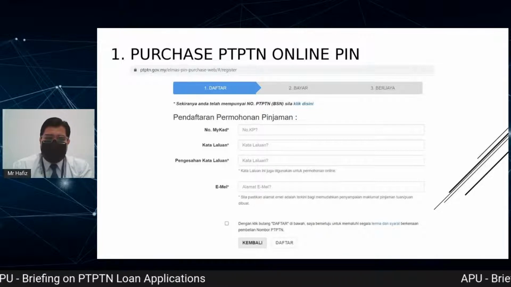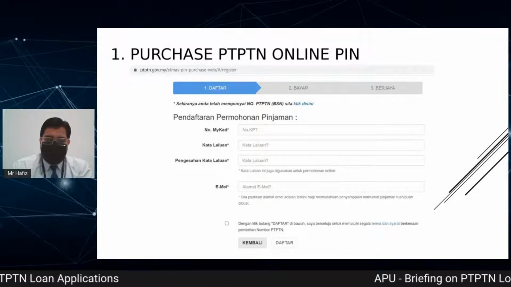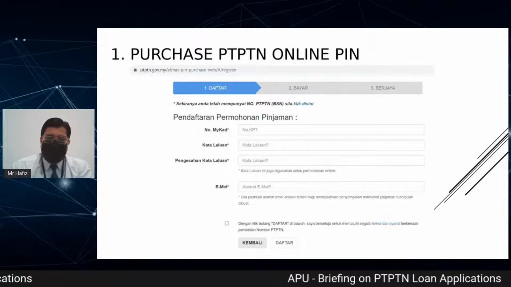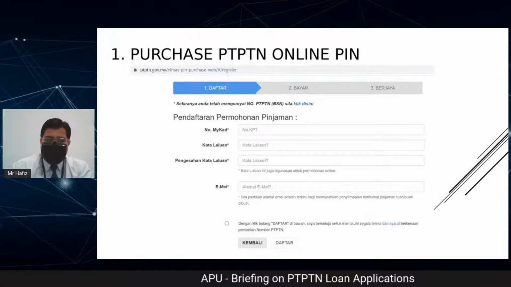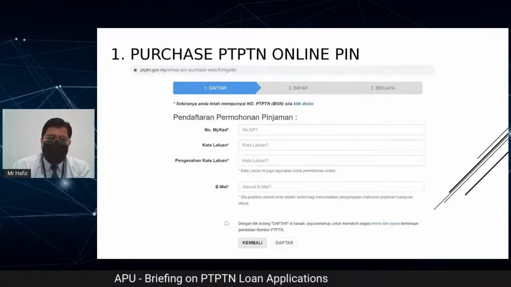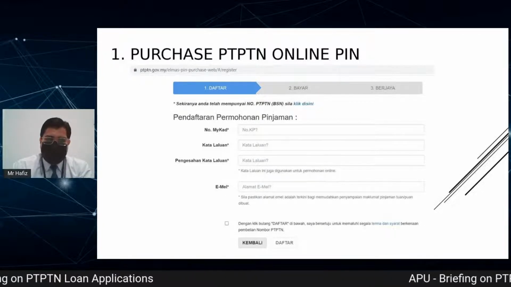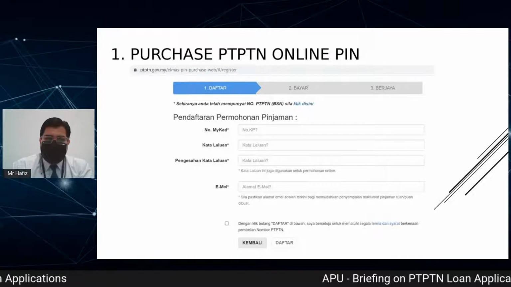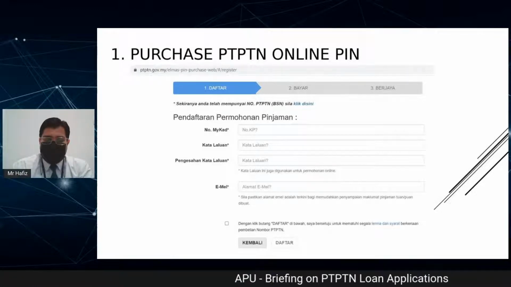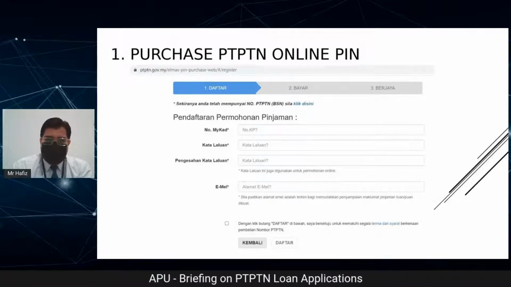So this is also important. Make sure when you are filling out the password, make sure you will remember the password that you fill in for this session, because later you will need to log in using this password that you have created. And then once you have created the password, you will need to fill in your email and then proceed